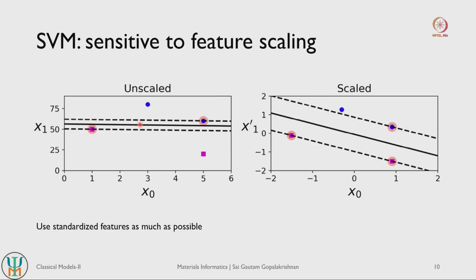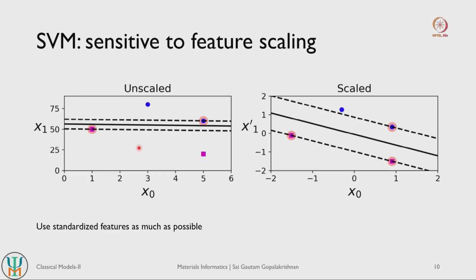So, just as a recap of where we stopped last time, we started looking at support vector machines and these are very powerful tools that can do both regression and classification as well. But these support vector machine models can be quite sensitive to feature scaling. So, remember that a support vector machine always tries to put in the largest street between discrete sets of data points.